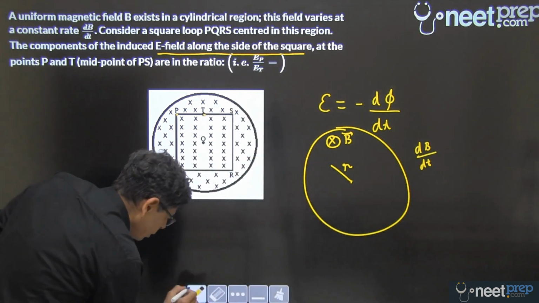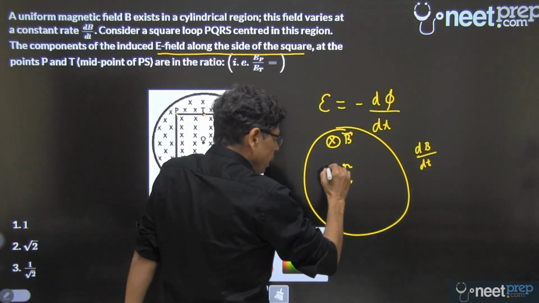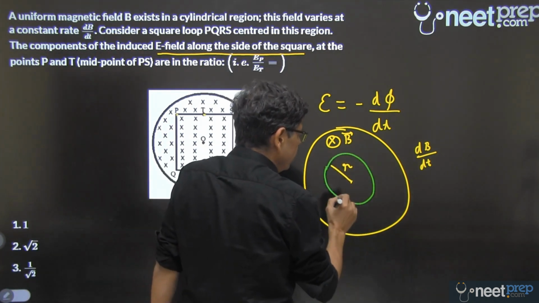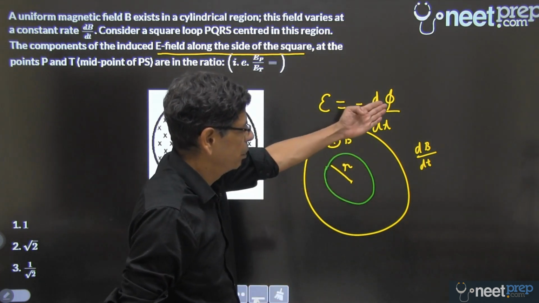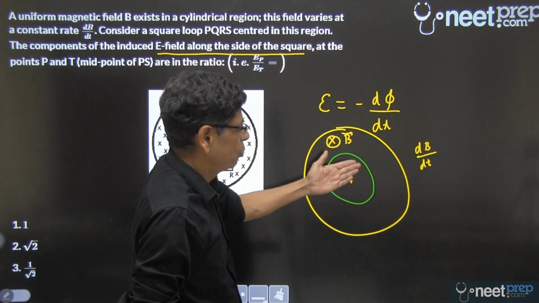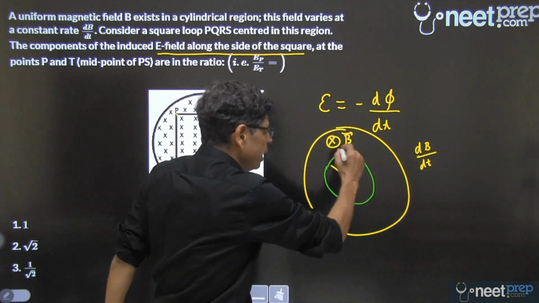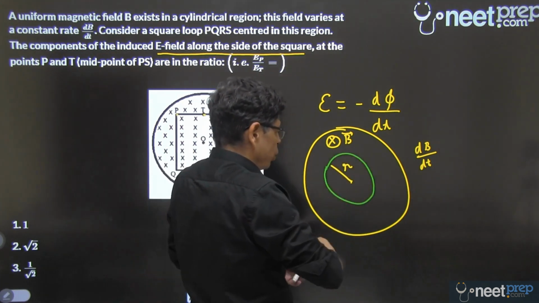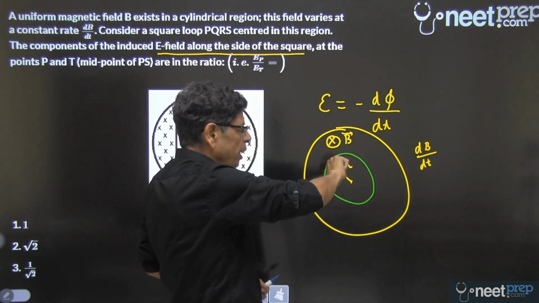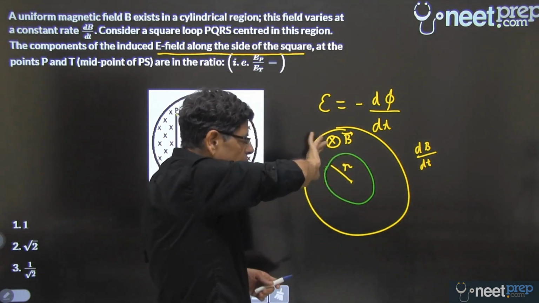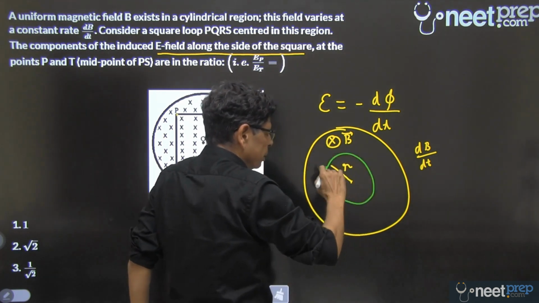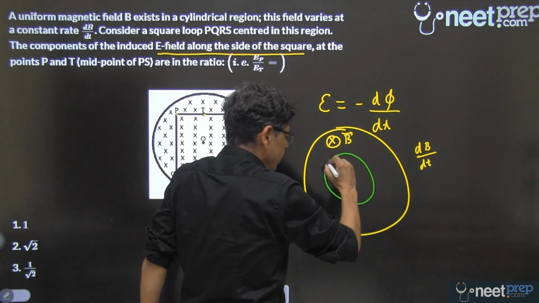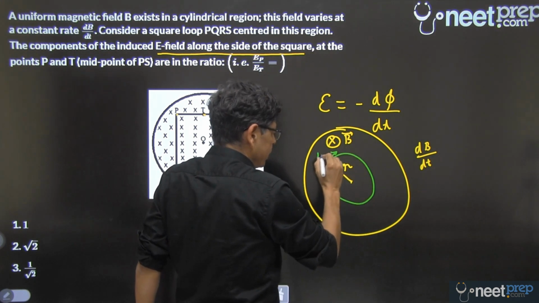Well, for that, let's select this circular area and find out the rate of change of flux through it. First find out the flux, then the rate of change of flux by differentiating, and that will give us the induced EMF. So the induced EMF would be in which direction? Well, since the field is into the plane, by the right hand rule we'll take it clockwise like this. So for example, at this point it will be like this.